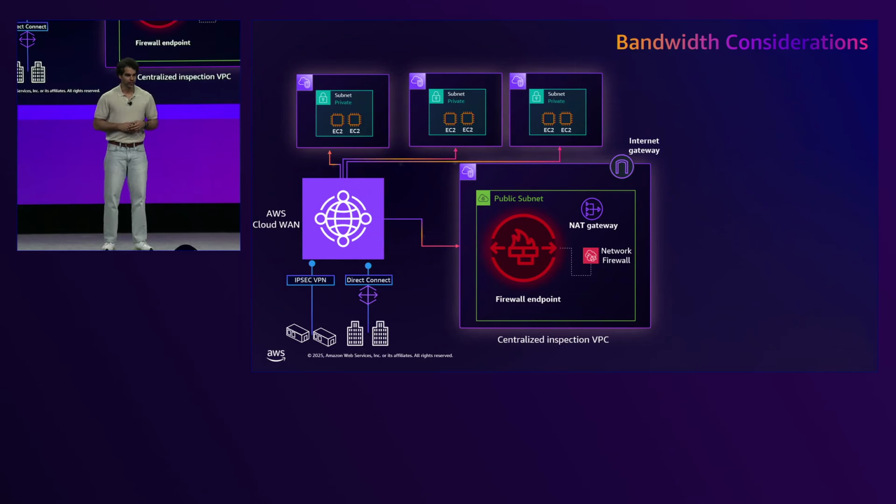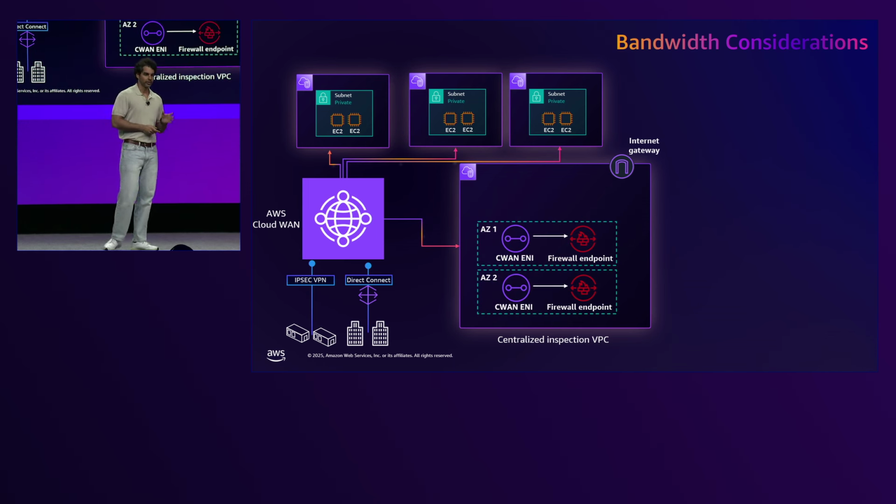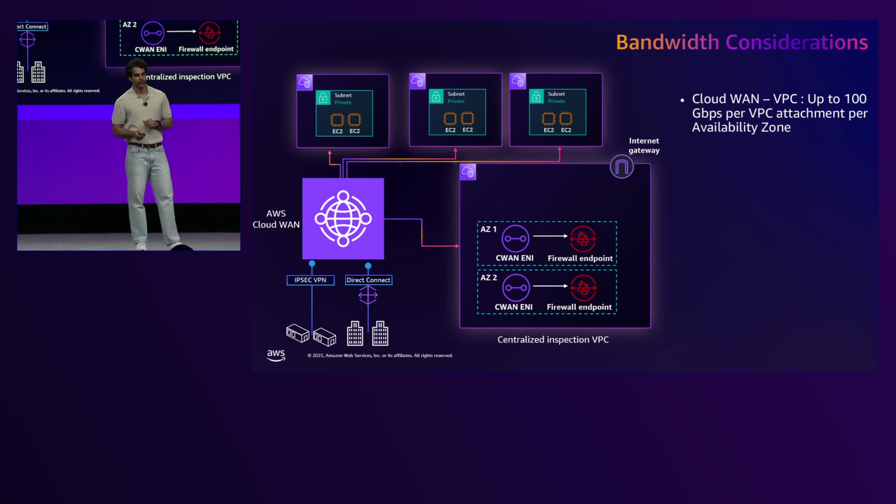Let's talk about bandwidth, because when we are combining all the flows, and I'm saying, hey, just use one firewall endpoint, you must be thinking, but is it highly available? What happens? Is it a single point of failure? Is it a single choke point? Very valid concerns. So when you connect Cloud WAN to a centralized inspection VPC and you deploy firewall endpoints in there,